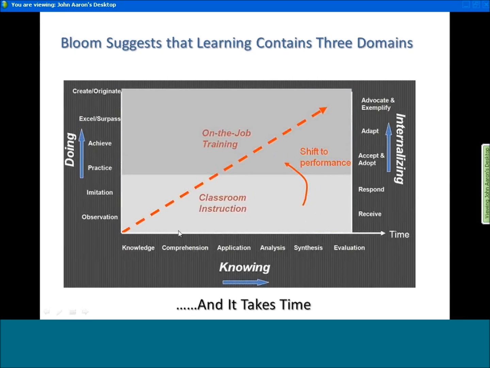You can think of this as a vector, where we tend to typically be just in the knowing realm. We pass tests and get our PMP and we're happy, and therefore we know everything, right? Many of you may have seen that in some cases that doesn't mean we know everything or can do everything. So it's this validation of the doing and the repetition of doing that is essential to really